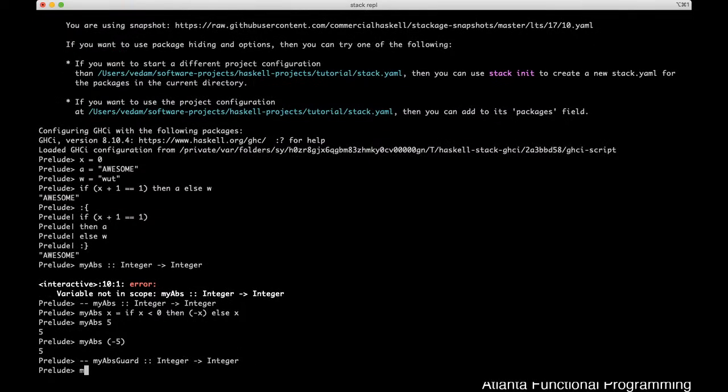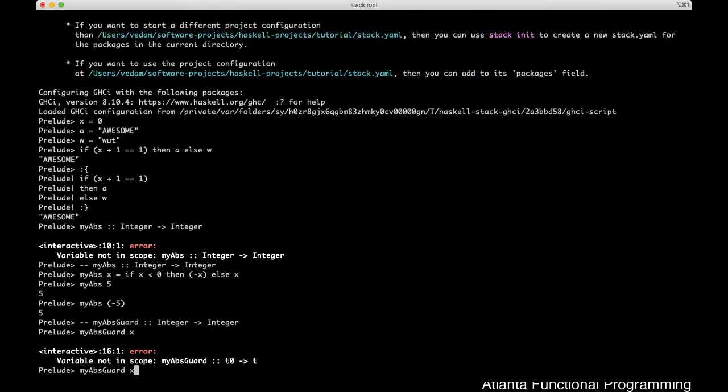And my abs guard is going to take in an argument, but remember, in normal function declaration, in normal function rule definition syntax, you have to provide an equal sign here and then put some sort of rule. Instead of doing this, if we're going to use guards, what you do is you hit enter and you provide